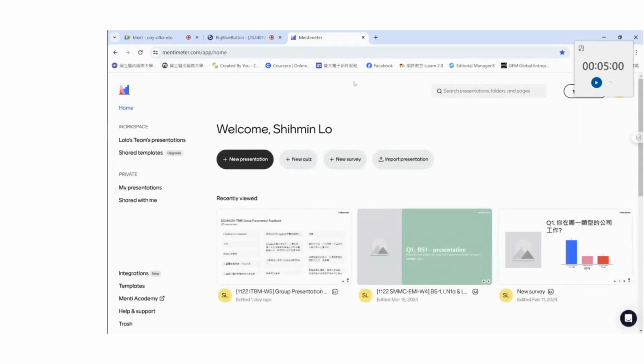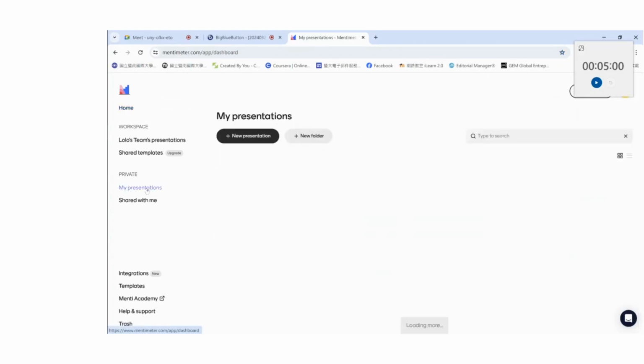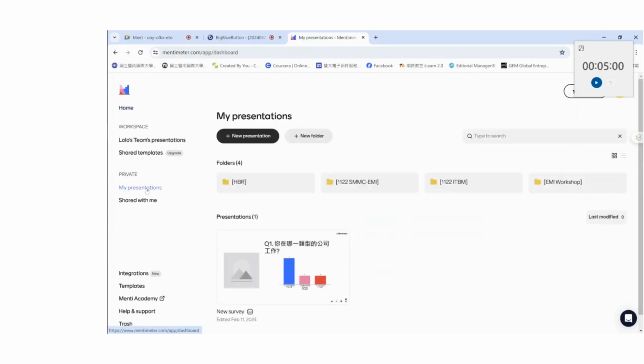Yes. Okay. And I like Menti more than Slido. I think many of you may already use Slido often, but I use Menti. So I'm going to show you. Here are the folders where I keep my classes. I can show you, for example,